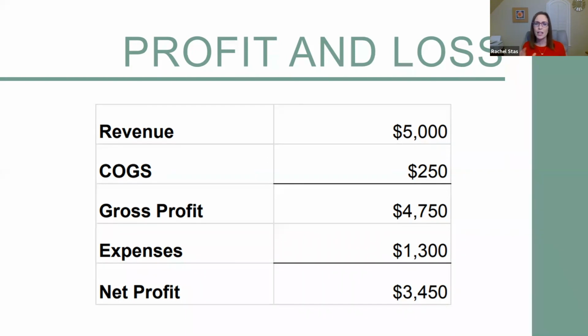And I have some clients that, when they try to do this, get very, very specific, and sometimes you get so specific that you don't really see the health of the business, because you've got 30 lines of expenses, and you don't need to do that. You can group it. The IRS is very vague when it comes to business expenses in general. There are only about 12 that are identified, and then it's other, and you just put what it is. So the IRS doesn't need you to be very detailed. That is for your own use.